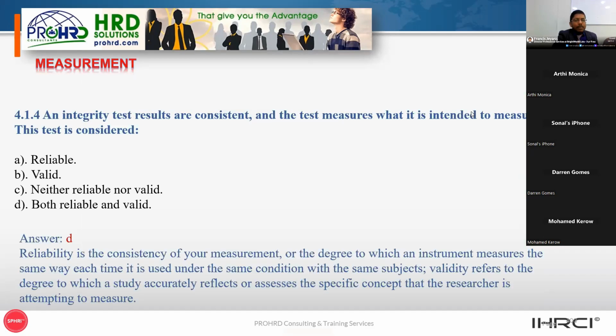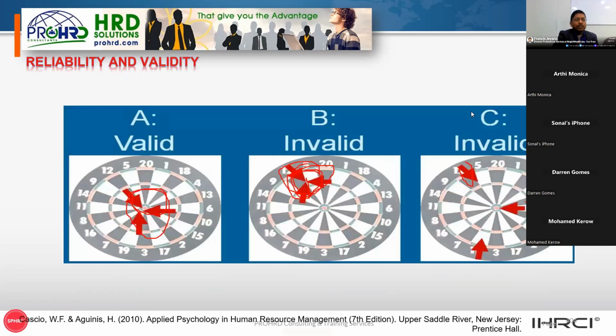Then reliability and validity we saw, a very important concept. What is reliable? Reliability means stability, consistency, or repeatability. Reliability means repeatability. The same measurement tools yield stable and consistent results when repeated over time. What is validity? The extent to which we are measuring what we hope to measure.